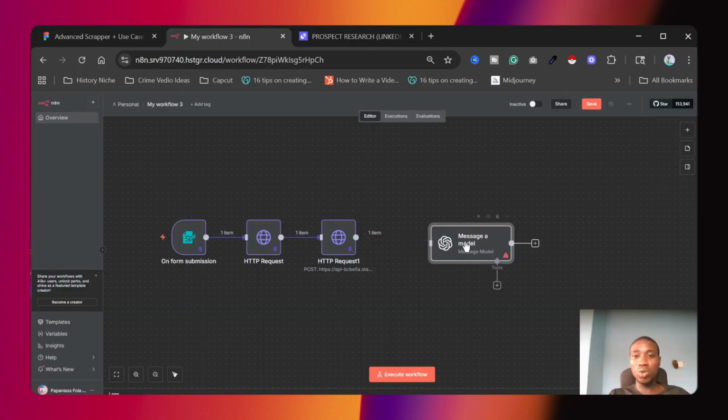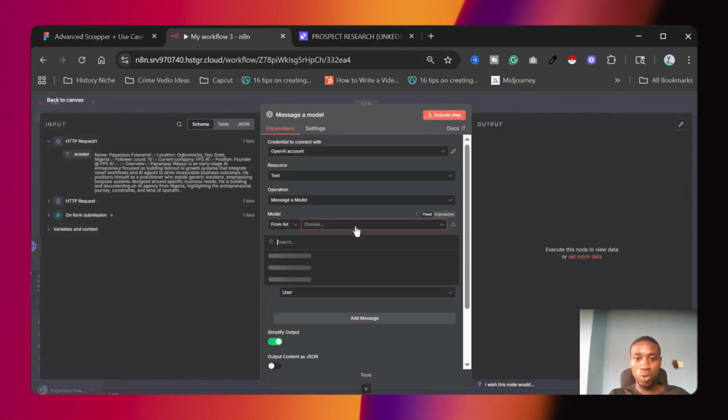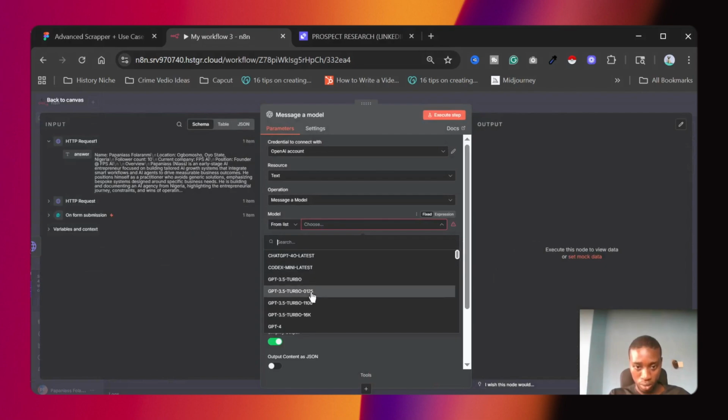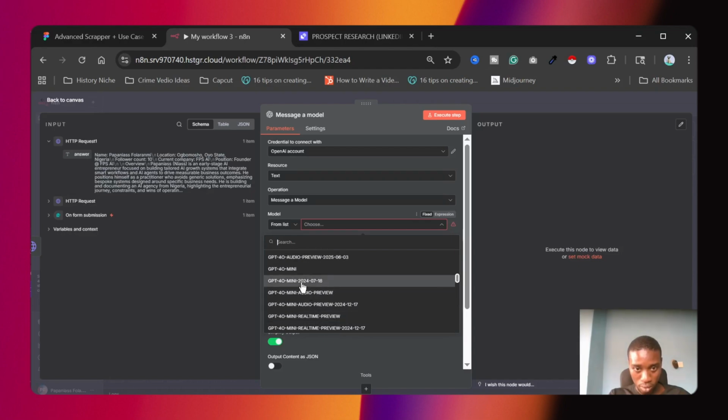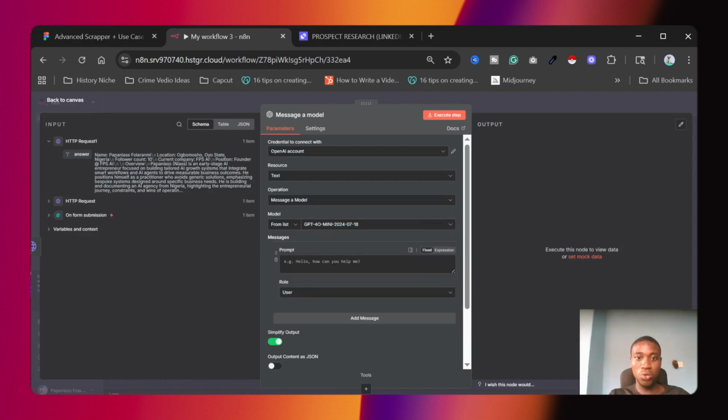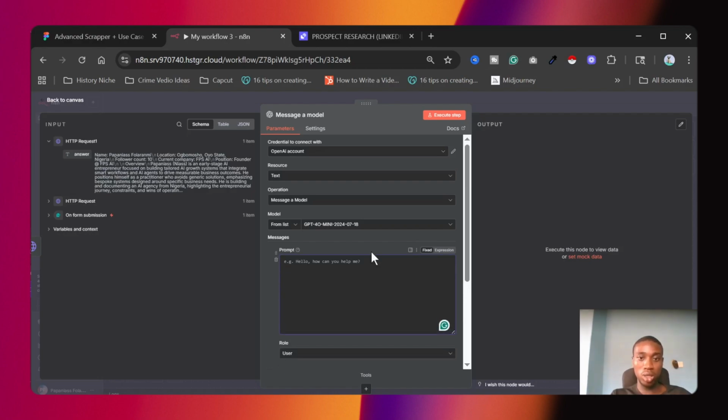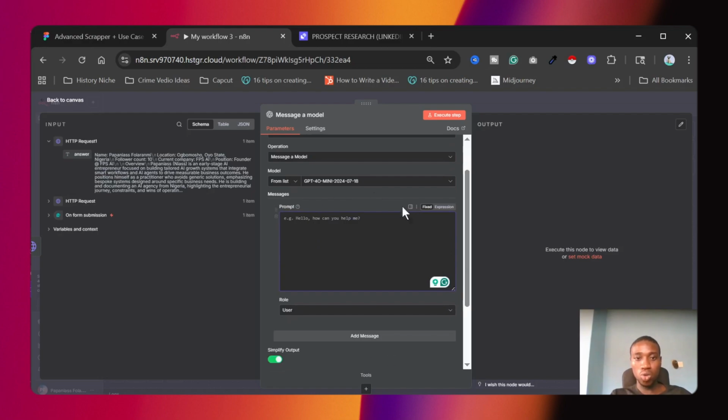So the next thing we are going to do now is connect this node to the OpenAI messaging model. So from link, we are going to choose 4 minute, or you can just choose 25 minutes. Now we say first 24. Let's just go for 24 minutes. So I will input the prompt real quick, and the prompt will be available in the resources linked in the comment section below. So just hold on while I do that.